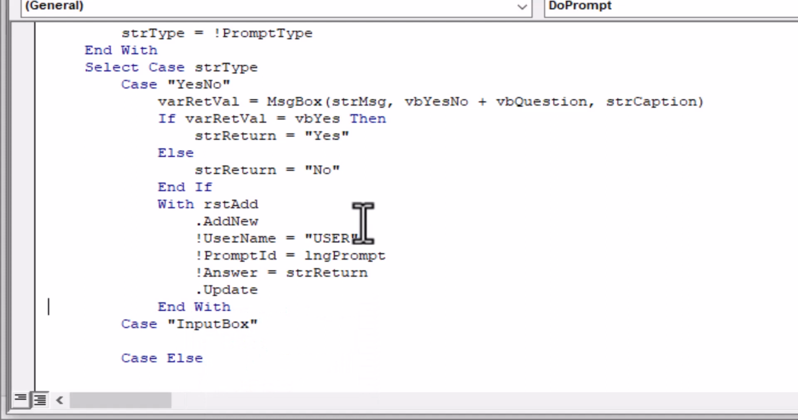And then the answer is equal to whatever we got for the return, and we'll go .Update at the end of that. And then we'll go End With, and that will give us everything we need to add a new record into the RST add, which is the answer table. And so that is